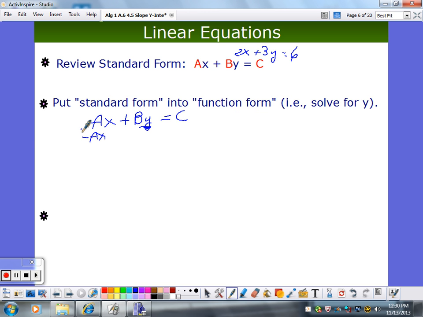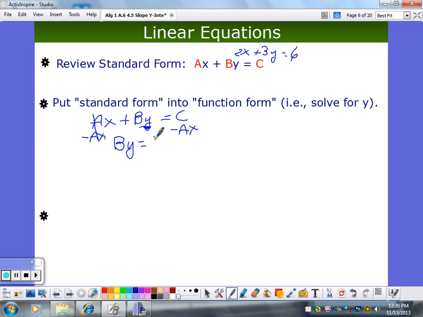Right now, some people, and I noticed this on the test, we're busy dividing here. Why? If you divide by ax first, what else gets divided? This thing and this thing. It's not helping you get y by itself. What is ax minus ax? So I do it to the other side. So what's left on this side? by